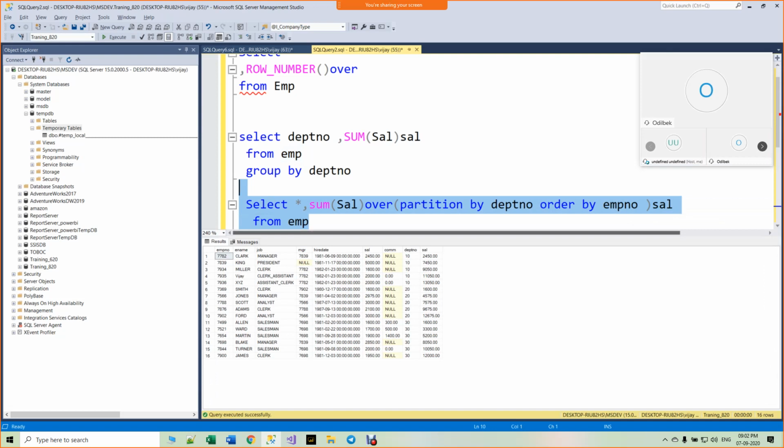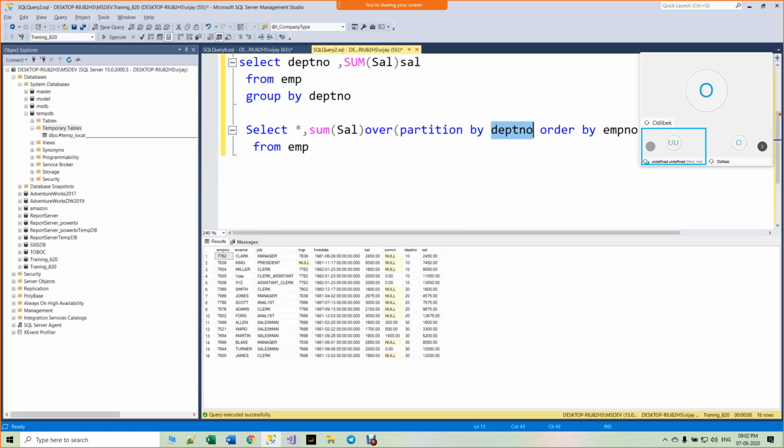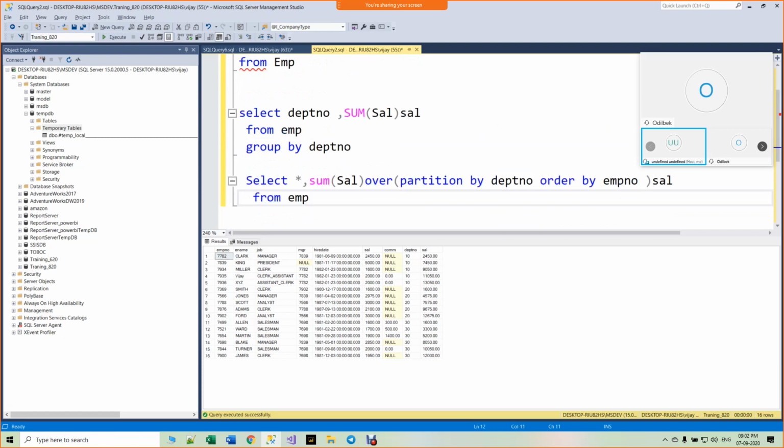See here. For each department number, I need the salary. Partition by department number.